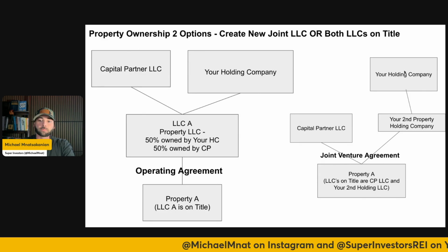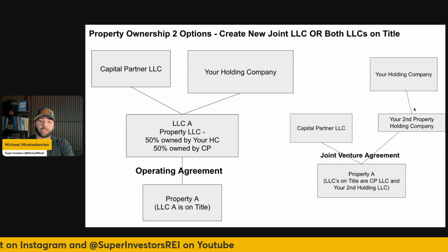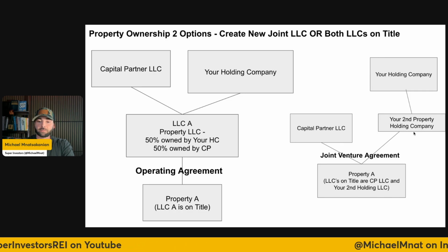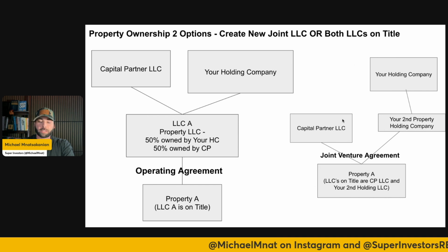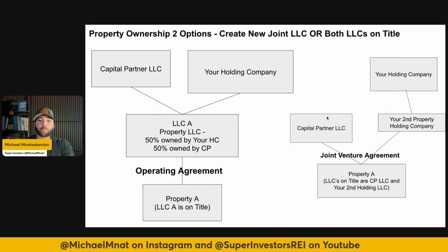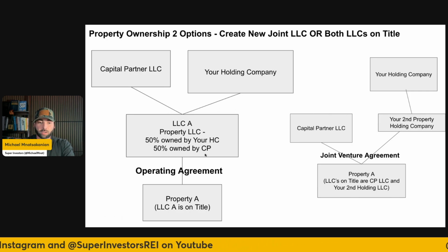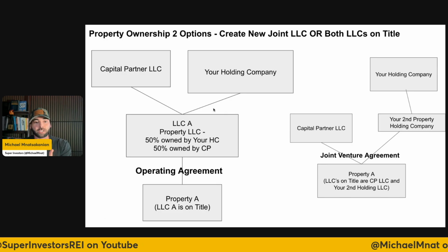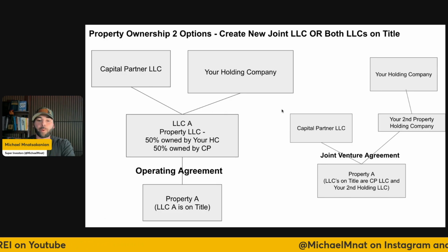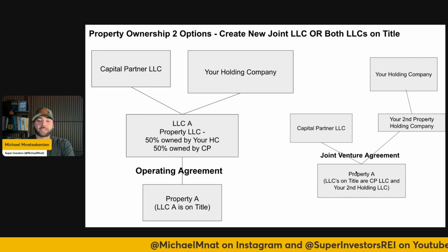Or your holding company can be the owner of another one of your holding companies. That holding company is on title, right? You don't want your holding company on title. You want this additional property holding company on title. Your capital partner's LLC is on title. So instead of LLC A being the owner on title, and you guys are owners of LLC A, you are both just directly on title, and you guys are both directly listed as the owners on